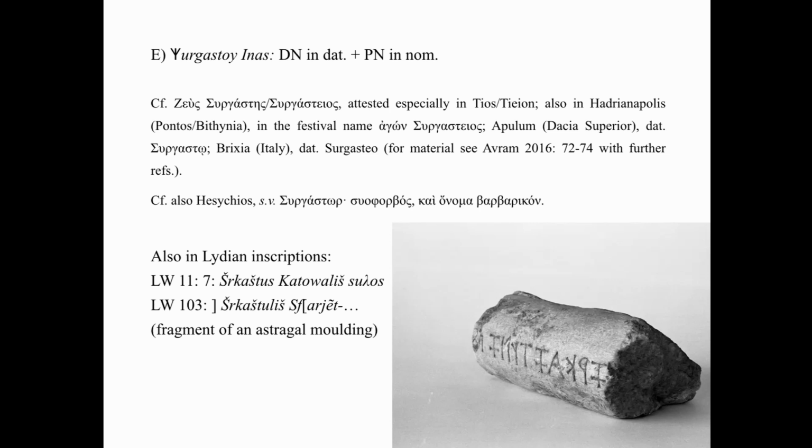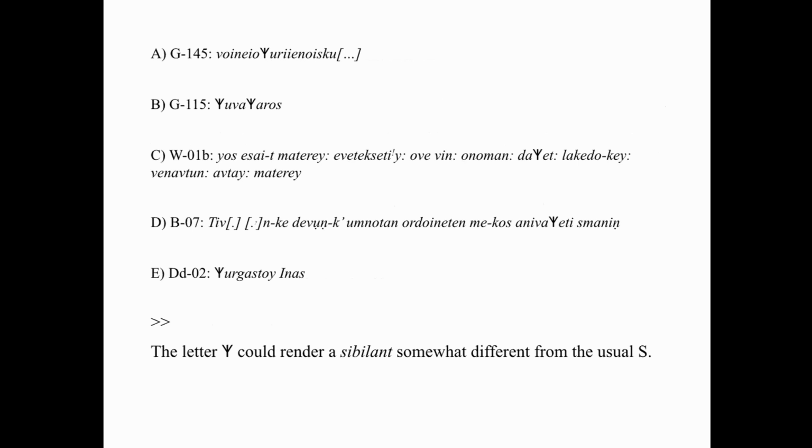What is interesting in this writing is that Lydian uses not just the usual S. It uses the letter for a sort of palatal sign, for a palatal sound, or what might be an alveolar S. In any case, something closer to S or Si, probably not exactly sh, as you may conclude from this not very fitting transliteration. And this is quite interesting, which suggests something about the phonetics of the word